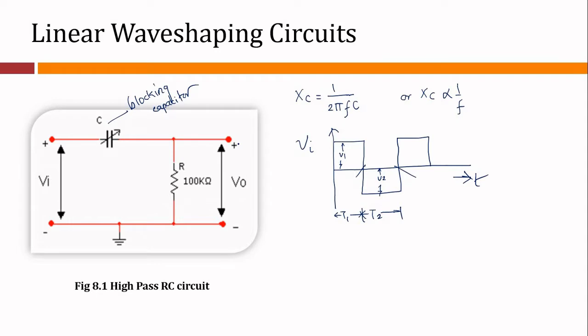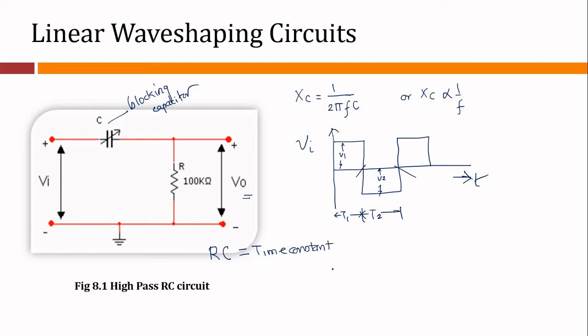So it is referred to as a wave shaping circuit. Now the shape of the output waveform is the waveform which will be available across these 2 points. The shape of the output waveform in this case is going to depend upon the time constant RC. This is most important. A time constant is nothing but the product of R into C.